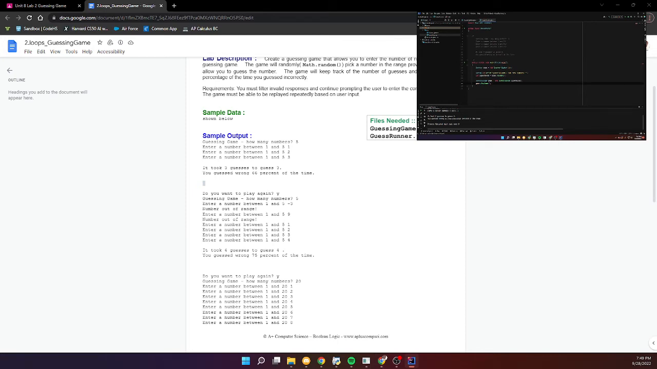and now we need to continuously keep playing this game. So after it finishes, it prints out 3 system.out.println. It prints out 3 blank lines, and after those 3 blank lines, it asks system.out.print, do you want to play again? And